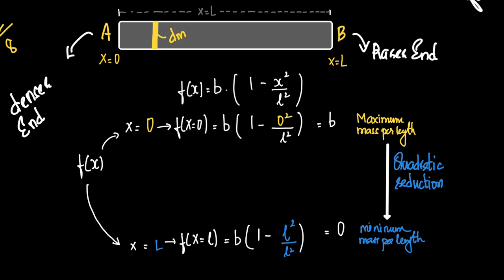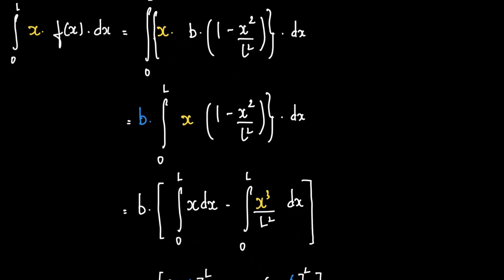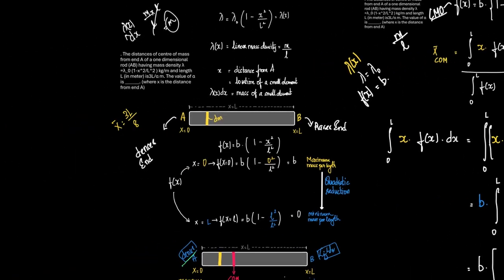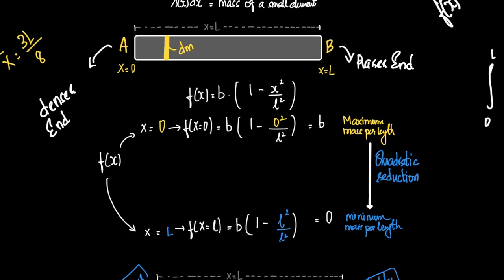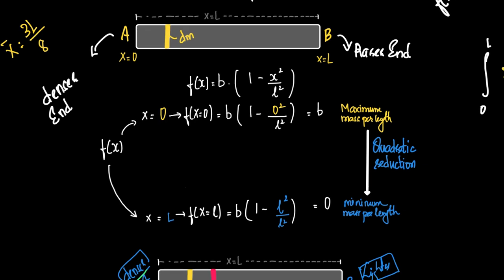Okay, in the previous discussion, we quickly glanced through the integration here, and we found out the value of x bar, and we also discussed in detail the concept of this equation given here. We analyzed this equation f of x is equal to b into 1 minus x square by L square, and we found that the rod is denser at end A and is rarer or lighter at end B, which means